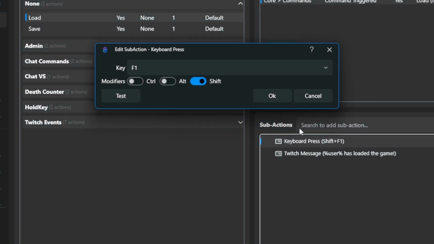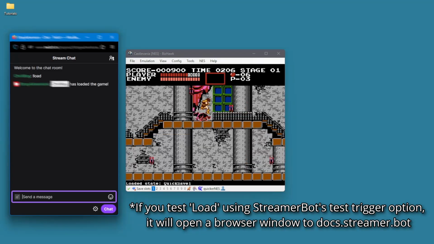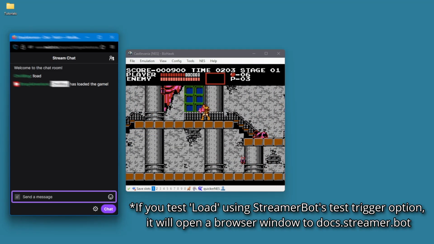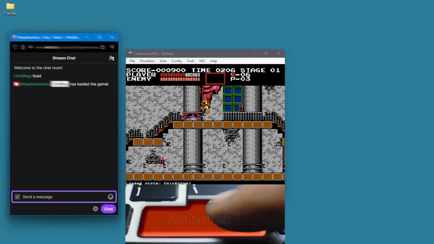And in the keyboard press action, we'll just uncheck the shift modifier toggle. And that's that. Now any viewer can save or load your game while you play with a simple chat command. If you want, you can go ahead and use this in a stream right this second. Of course, you might not make it very far if anyone can load your game anytime they wish,